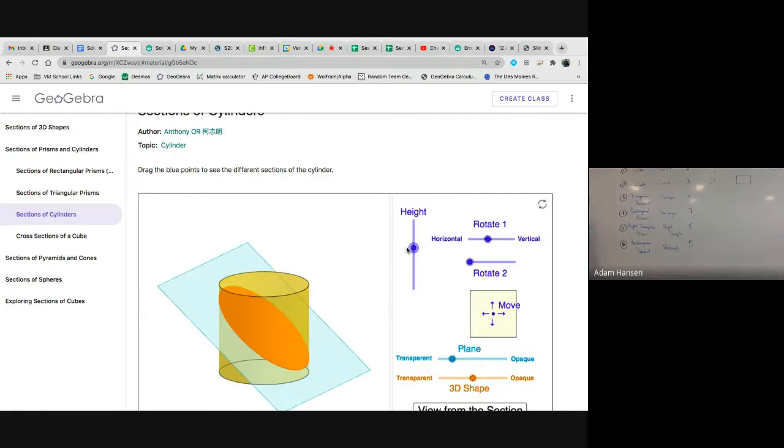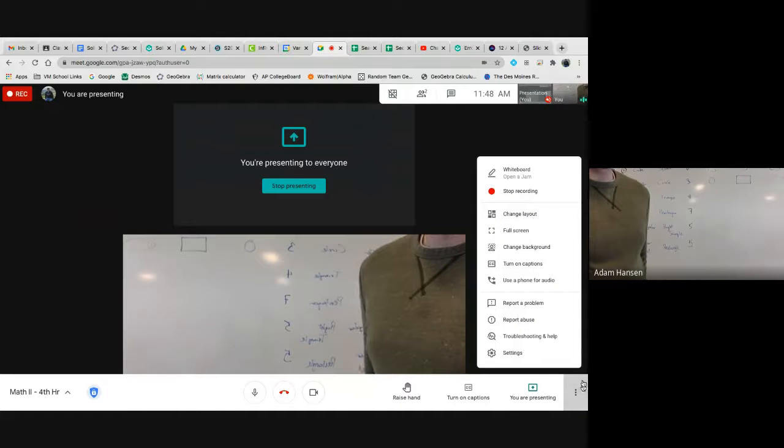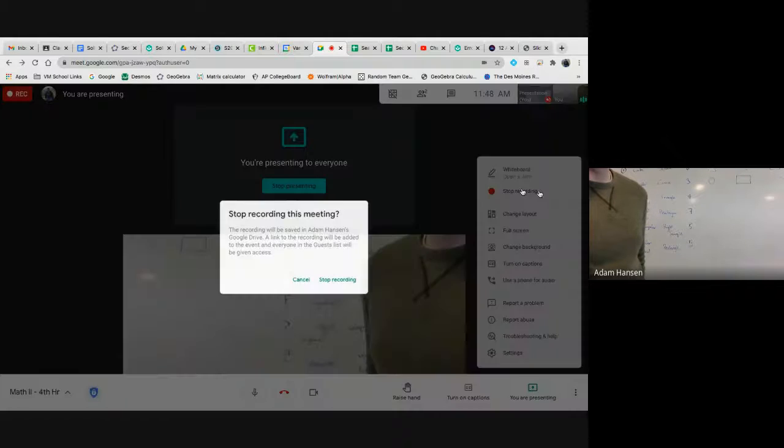I'll let you guys start working through the rest of that handout. Find the three types of cross sections: parallel, perpendicular, and diagonal, for the remaining figures. Guys, since you're getting back in here, we're just using that